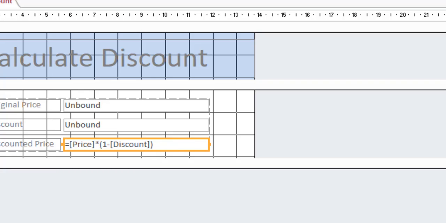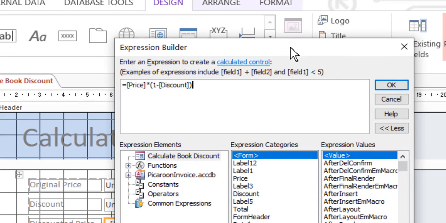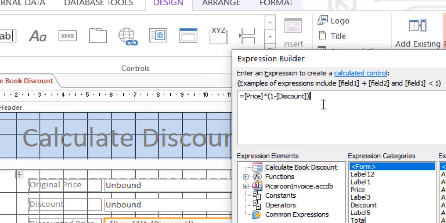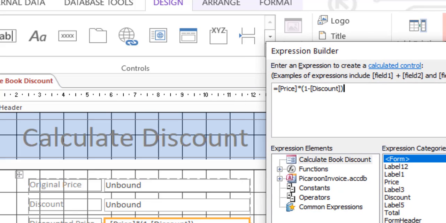So if we make this form for them, they will enter the price, and they will enter the discount, for example 15% or 20% or 40%, and the third column will automatically display the sale price. So this is how we'll add an expression in the form.